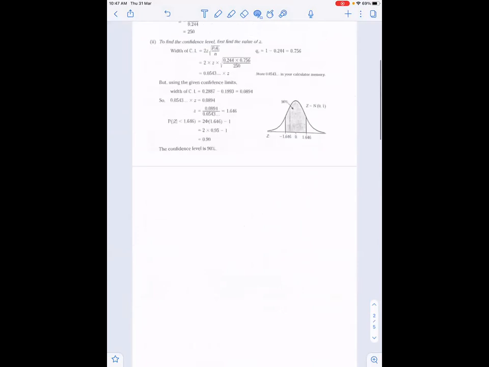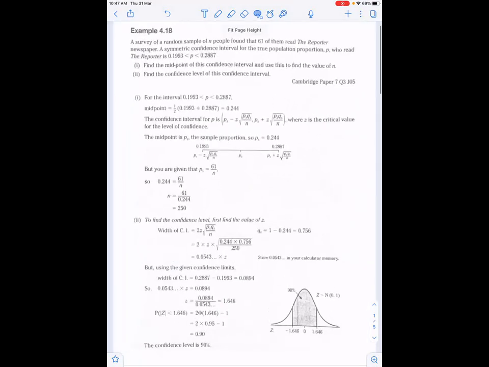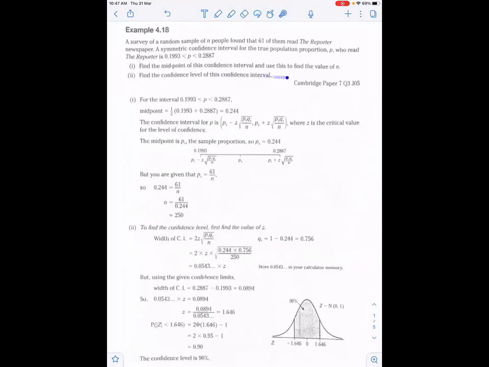Okay, we are going to continue with the chapter of sampling. We'll do past paper questions, but before that, we are doing a few examples. Okay, let's read this question. It says,